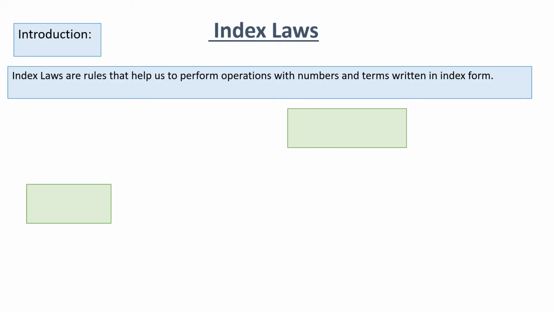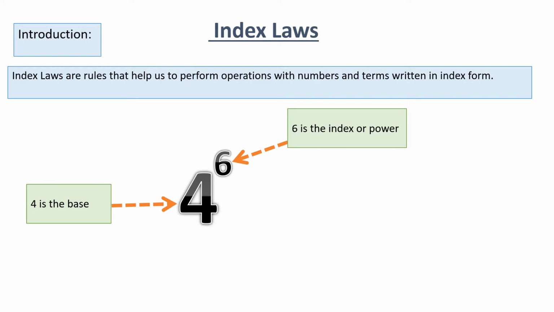Introduction to index laws. Index laws are rules that help us to perform operations with numbers and terms written in index form. For example, I have 4 raised to the power 6, where 6 is the index or power, whereas 4 is the base. For example, if I write a raised to the power 2, where 2